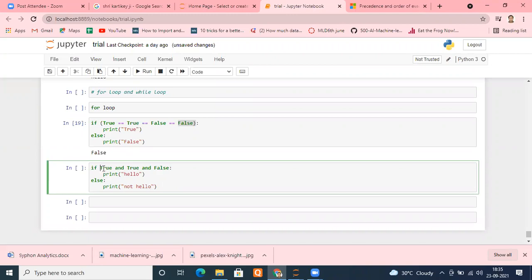What will happen? First of all, this will check whether it is true. We will say, okay, which kind of operation is it? It is AND, so all have to be true. First is true, we can't give the output. Second is true, we can't give the output. We have to check the third one. We always move from this place to this place, left to right, not right to left. Even if you consider the above case, again you will fall into confusion. So always consider from left to right.